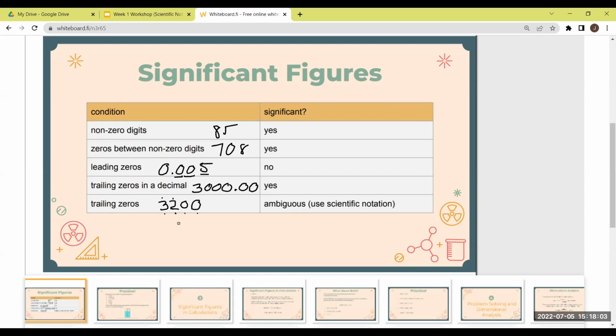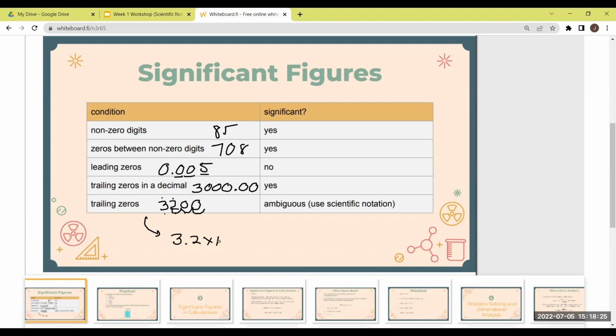A way to work around that is to represent 3,200 in scientific notation. So in order to avoid ambiguity, we can write this as 3.2